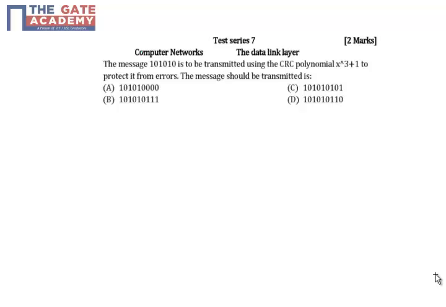Hello friends, this is a 2-mark question on computer networks on topic data link layer. The question reads as follows. The message 101010 is to be transmitted using the CRC polynomial x cube plus 1 to protect it from errors. Then the message that should be transmitted is,